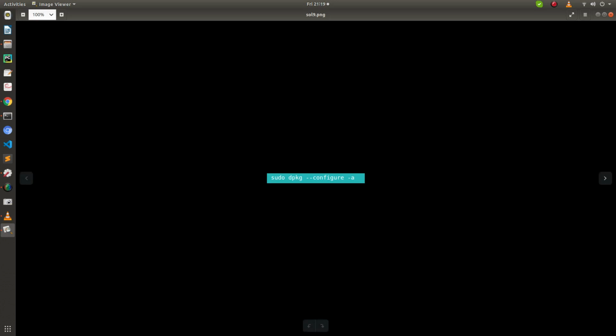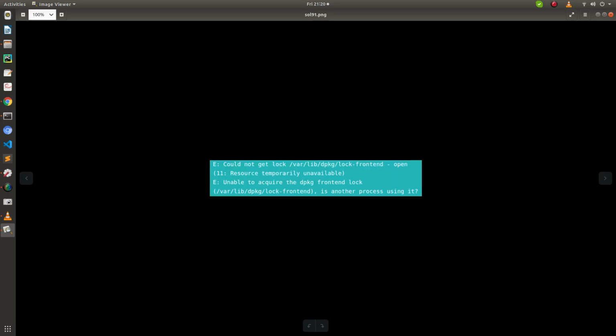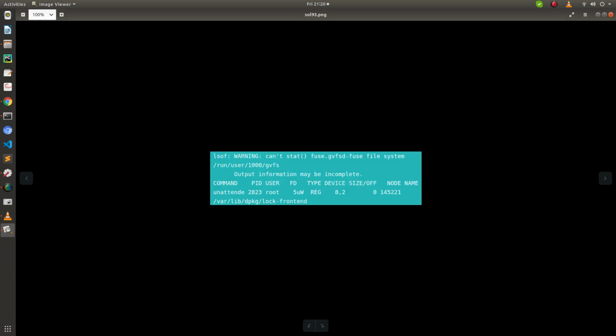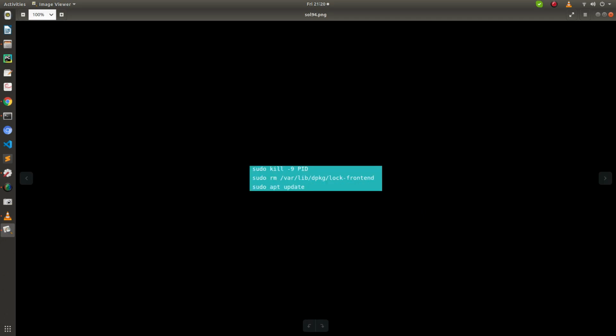Next, in case you are getting some sort of error when running it, like this, then you need to run this particular command, and after running it, you may see such kind of screen. Then again you need to do the same process, get that PID, remember this PID, and kill the process.